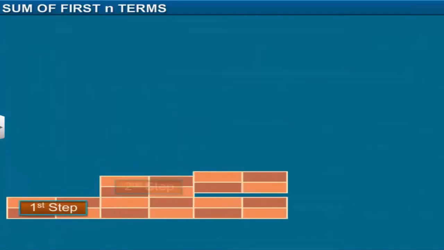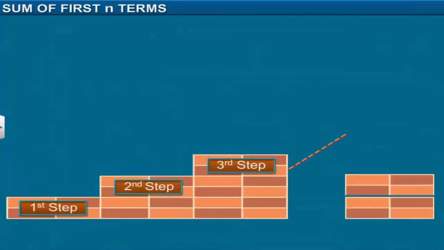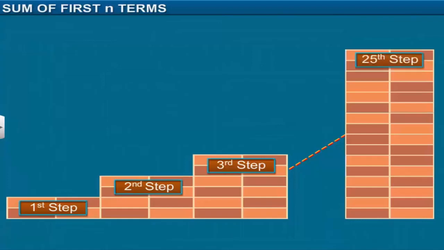A mason is laying bricks for a narrow staircase. For every step, he needs to add 4 bricks to the previous step. The staircase requires 25 steps. If you were to order the bricks for the mason, how would you determine the total number of bricks required